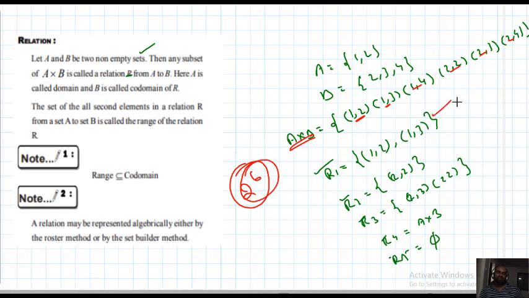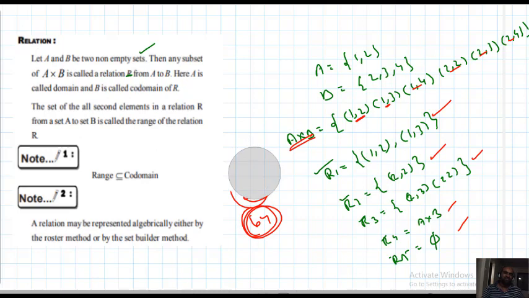Among these 2 power 6, these are five of them. So what is the meaning of this? There exist 2 power 6 relations from A to B. Every subset of A cross B is a relation from A to B only, no? That's why there exist 2 power 6 relations from A to B. 2 power 6 means what? 64. 64 relations exist from A to B. Among these 64, these 5 are among them. 59 more are there. So every subset of A cross B is a relation from A to B. And this is the first definition.